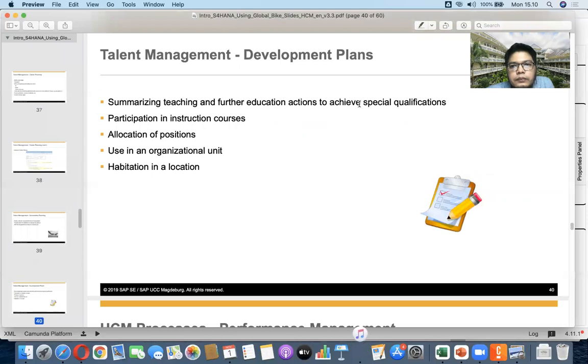Development plan: basically, this summarizes teaching and further education actions to achieve special qualification. This is also part of what I told you before, that if there is under qualification, then we can do training or send him to a course or something so that he can achieve special qualification.